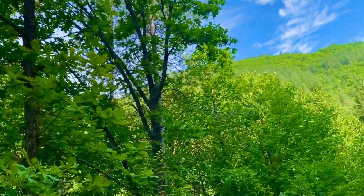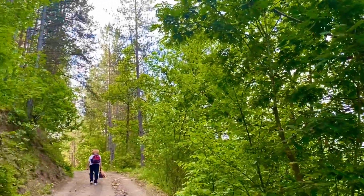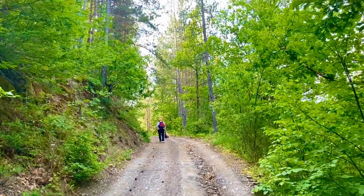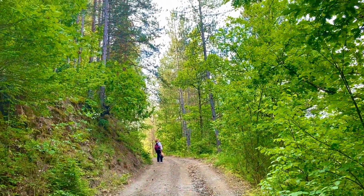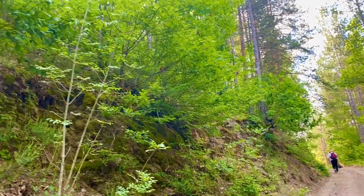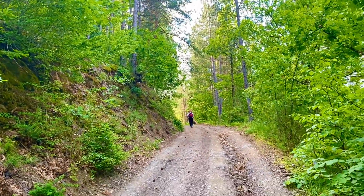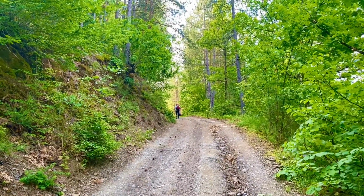So we're continuing to hike, starting to get out of breath. I mean, it wouldn't be that bad if I wasn't dragging this along with us. But next step is gonna be right around up there. We're gonna cross up and climb up this little path. It's not a road, it's a path that we made. It's like, I'm not gonna call it a 90-degree angle, but